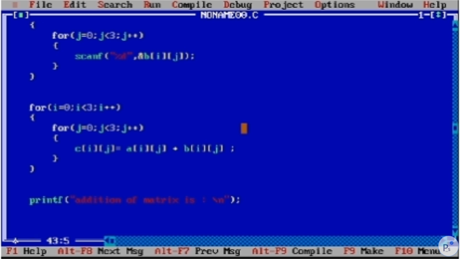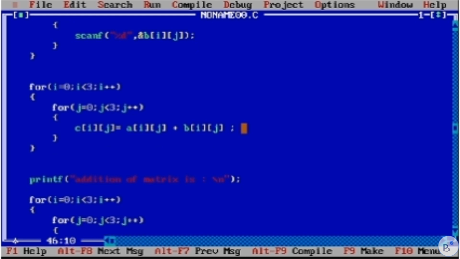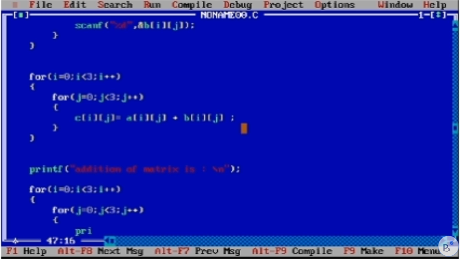For printing too, we have to perform the same steps as we have followed previously. i equal to 0, semicolon, i is less than 3, semicolon, i plus plus. For j equal to 0, j is less than 3, semicolon, j plus plus, printing out that value %d.